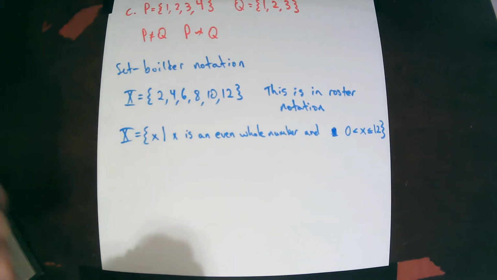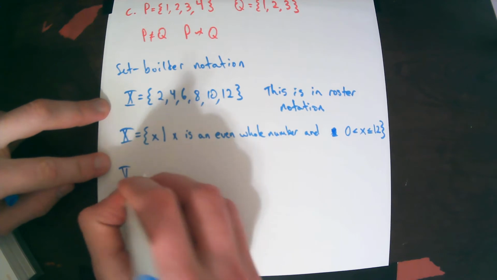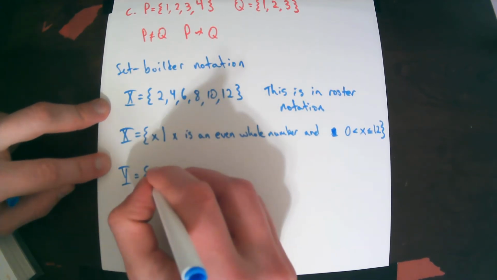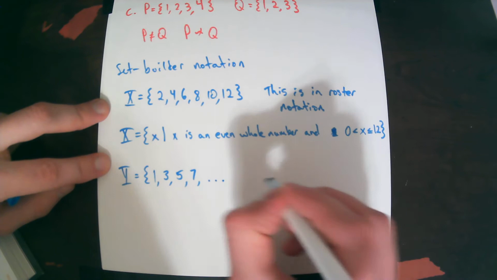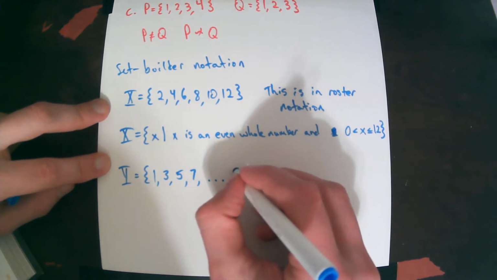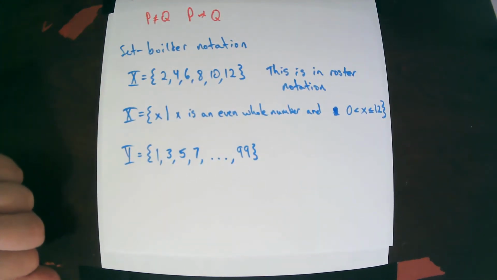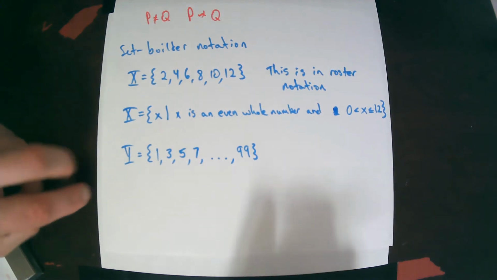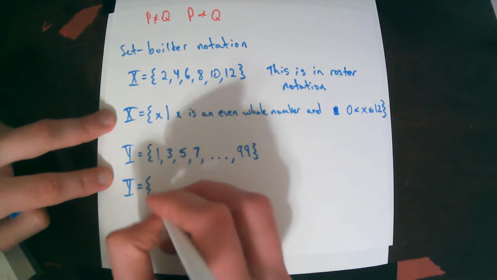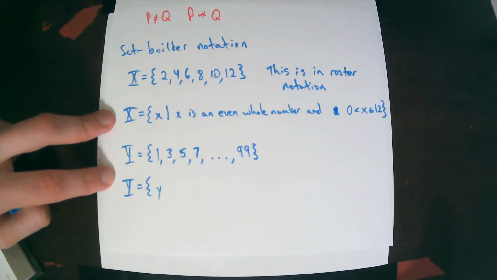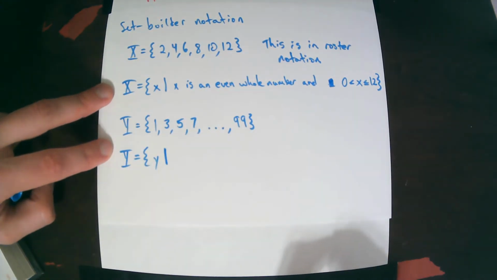Okay, so let's do more examples. Let's let y equal 1, 3, 5, 7, up to 99. Okay, so here's another set written in roster notation. Now if I want to write it in set builder notation, I start with my set bracket. I write a lowercase y just to represent arbitrary elements of this set, or just some placeholder element. I say such that, so y is an element